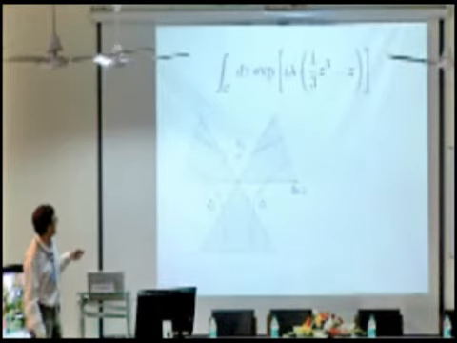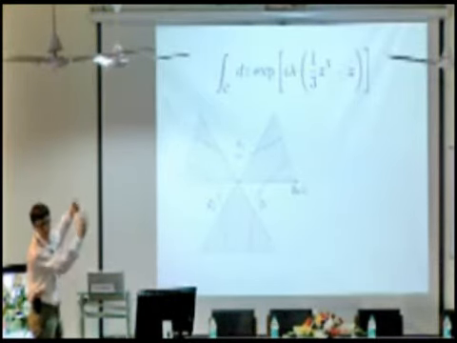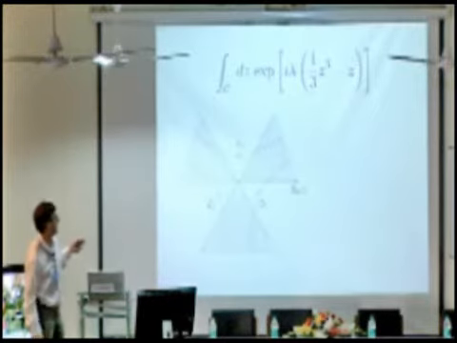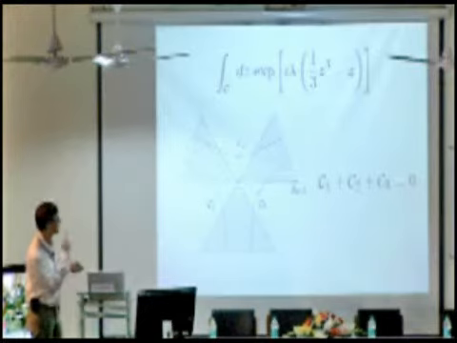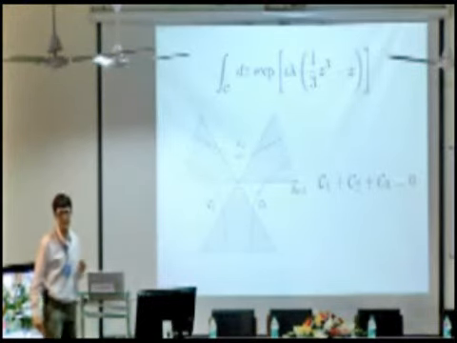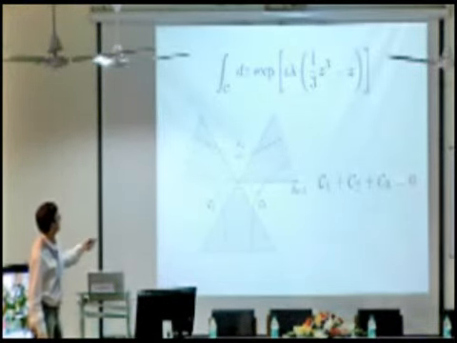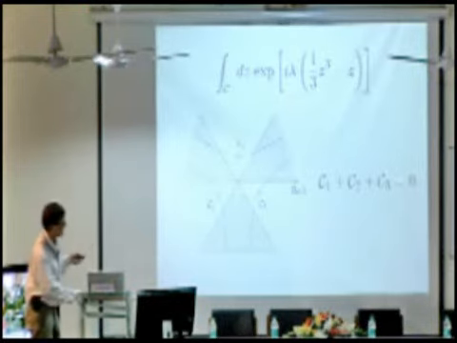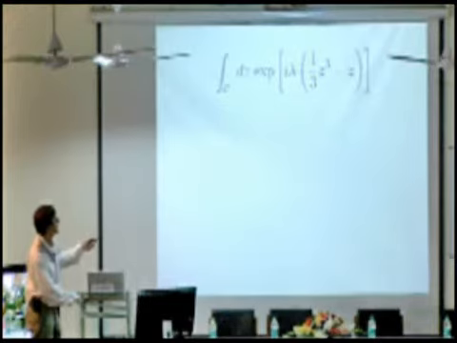Okay, and so it looks like there are basically three independent choices, but if you think about it, if you add this choice to this choice to this choice, you get a closed contour that you can basically shrink to zero. So the sum of those three vanishes, and so you really only get two independent contours in this case. And the main point that I want to explain is that's not a coincidence. That's coming from the fact that